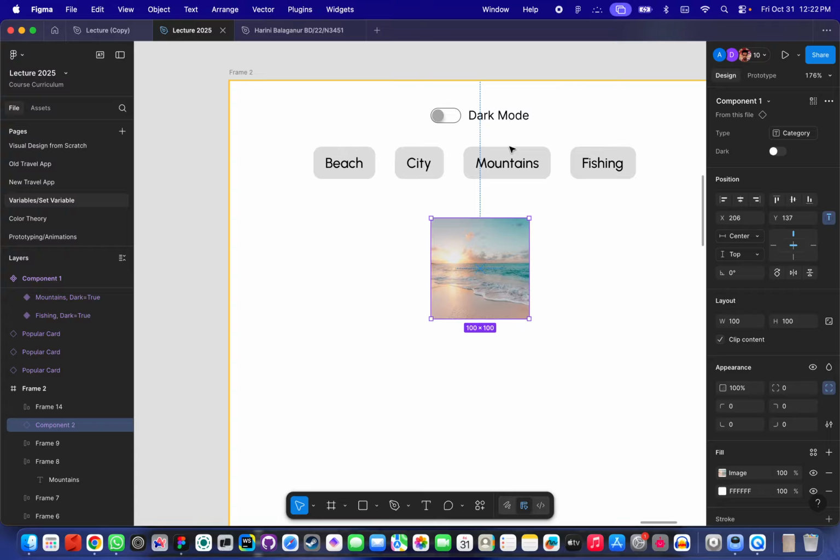Create. And what you have to do, so for all of these things, yeah. So basically for all of these things, dark mode is false, and for all of these things, dark mode is true. So whereas